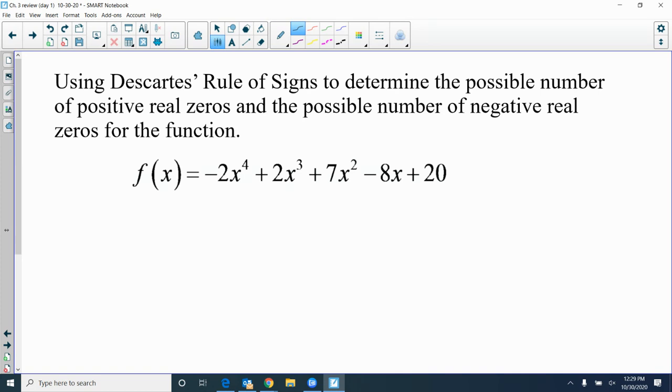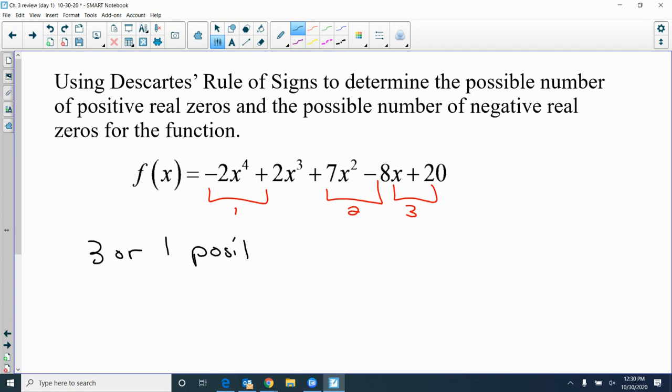Okay, for this one, what am I doing? What's the only thing I need to do? You look at where the negatives turn to positives, turn back to negatives. How many do we have here? What do you think? 3, good. Negative goes to positive on that first one, that's 1. Positive stays positive, but then plus 7 goes to minus 8. Minus 8 goes to plus 20. So that means we have 3 or 1